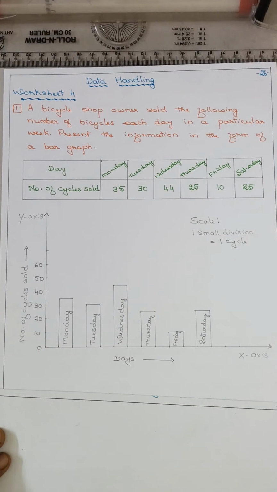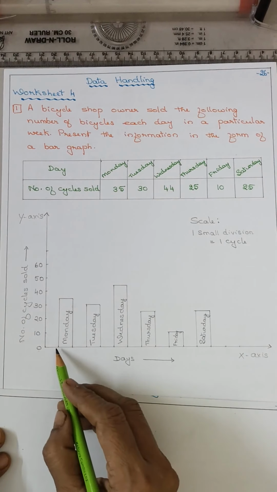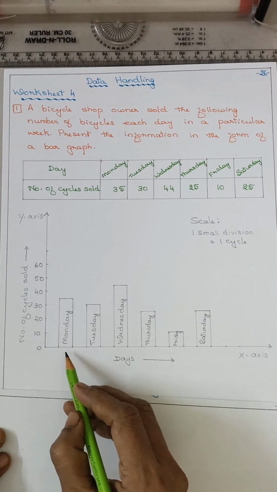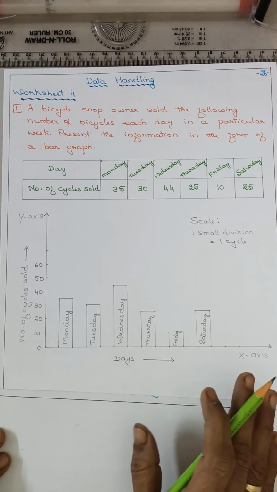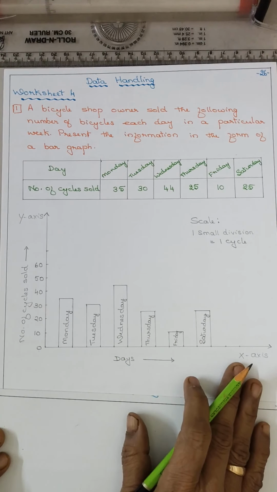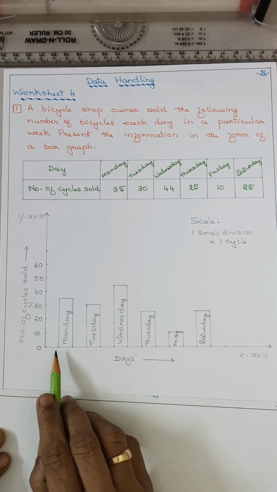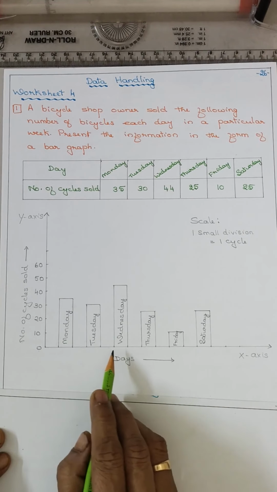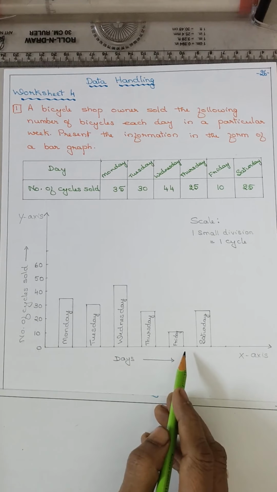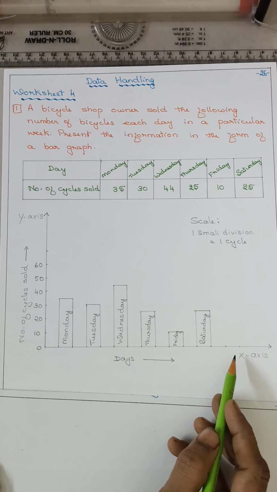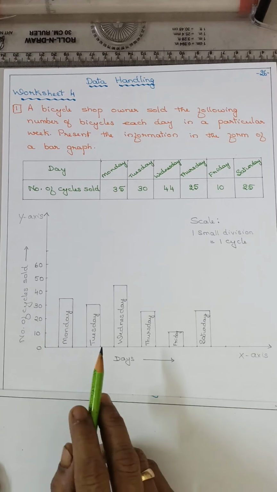Okay, and you have to mark each 1 centimeter, that dark marking on the graph paper. See, I have drawn on the plain paper, but you have to draw the graph on a graph paper. Okay, so that marking, you darken it, 1 centimeter, that marking on both x-axis and y-axis.